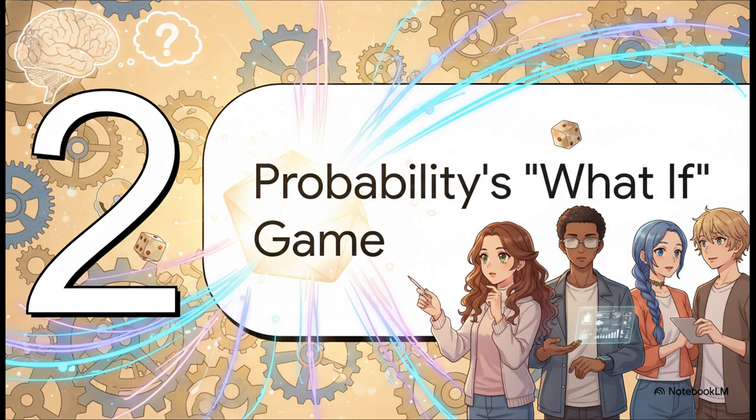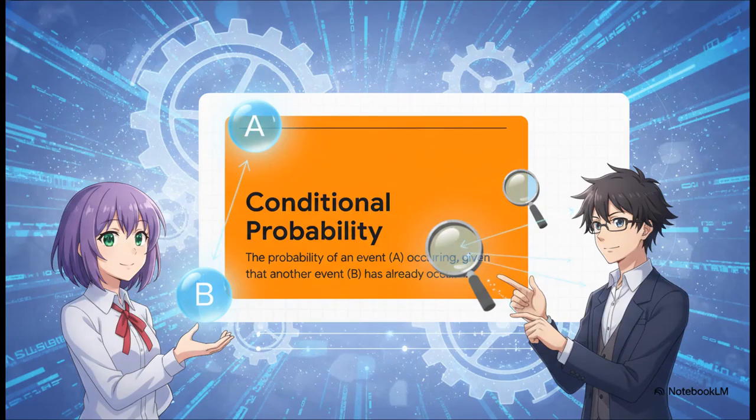We're going to borrow it from the world of probability, and it's all about playing a little game of what if. And that powerful tool is called conditional probability. Now, the official definition is right there. It's the probability of event A happening given that event B has already happened. And in that P of A|B notation, that little vertical bar is the key. You can literally just read it as the word given.